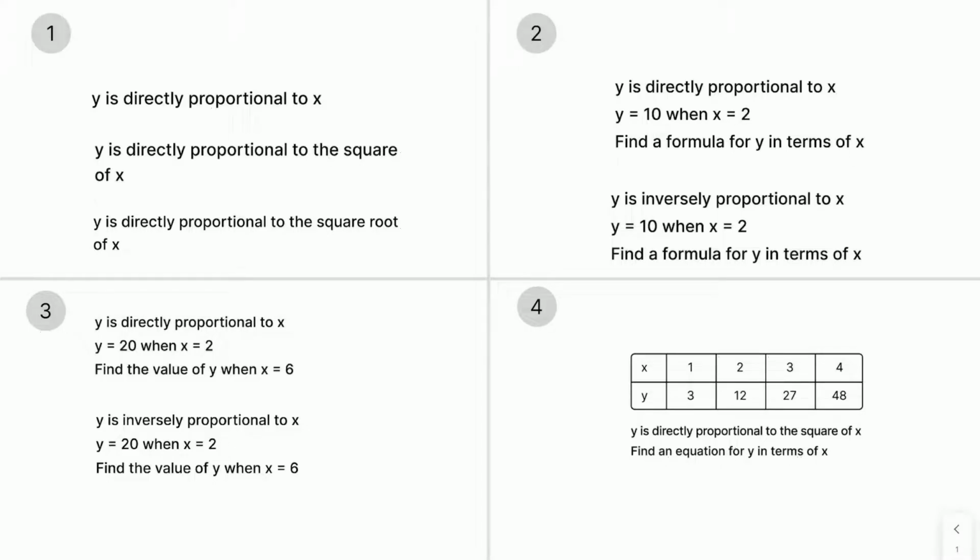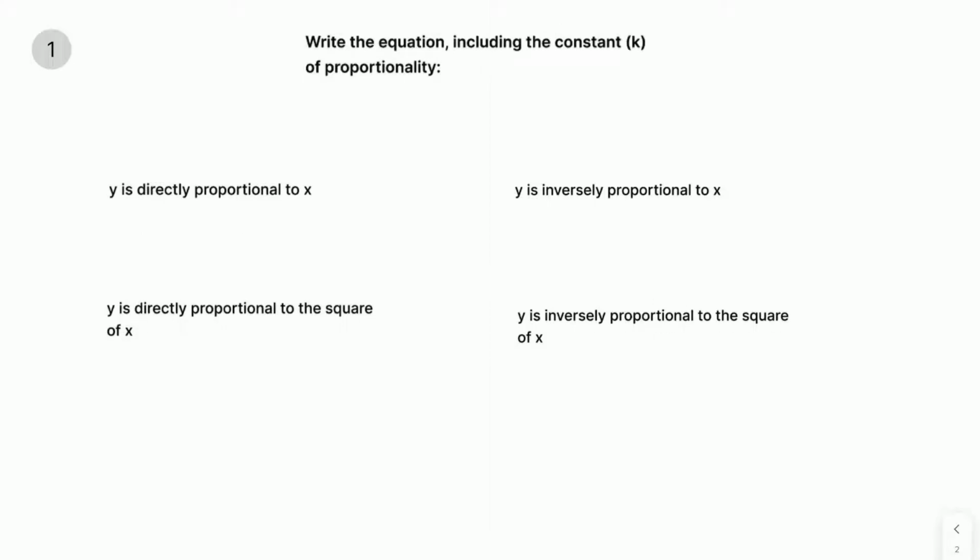So in this video, we're going to look at direct and inverse proportions. This video is split into a few parts. So first, we're going to start by looking at how exactly you write something like this using a constant: y is directly proportional to x and y is inversely proportional to x. Then we're going to look at how you tackle questions like this,